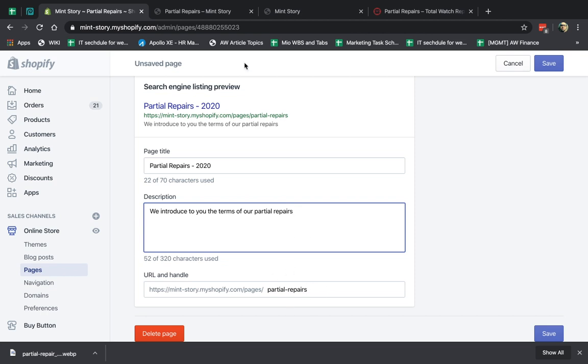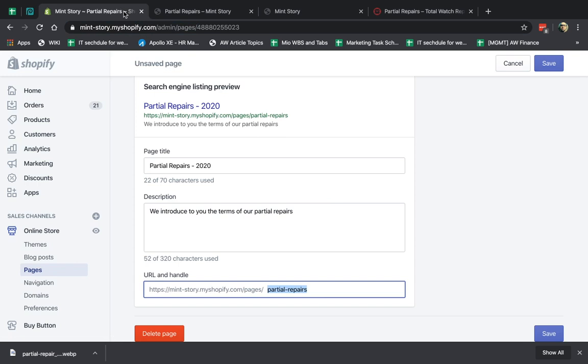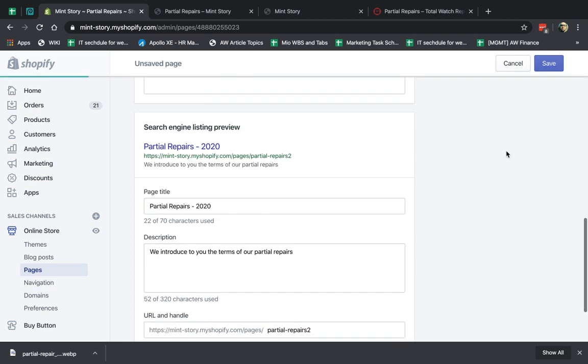And this is your URL, right? So the URL right here would be /pages, your domain /pages /your URL. Here, you can see this. Okay? And then if you actually already launched that page and then you change it, it'll actually allow you to create a redirect, which you almost always want to keep, right? In case someone has the URL of the old page, you don't want them to go to a 404 or missing page. You want to tell them to go to the new page.